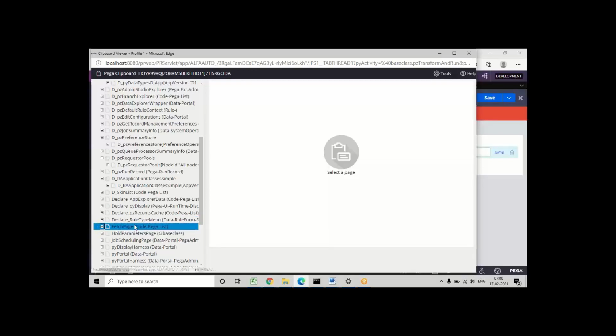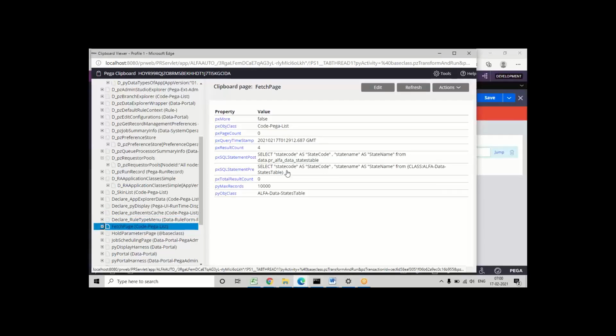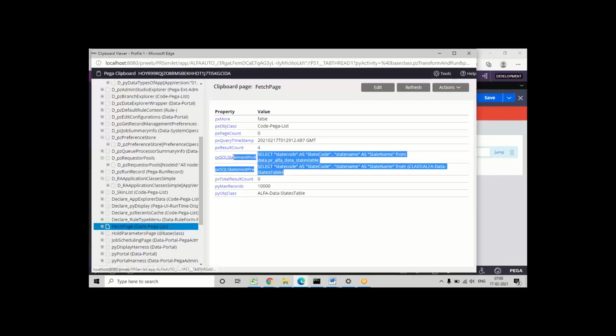And before that, actually in the backend, it will automatically generate these SQL statements. We don't edit them, because these are PX types. PX types means what? Only read-only. So some SQL statements will be generated in the background based on this method usage. So don't worry, we don't edit or modify that one.